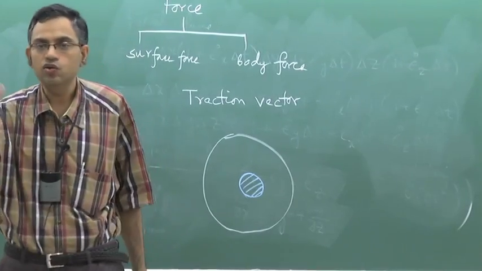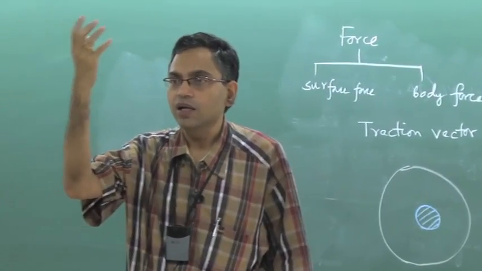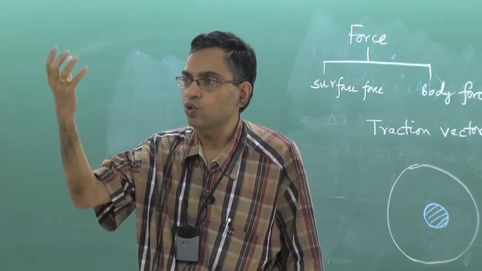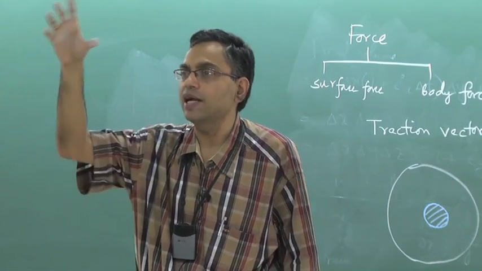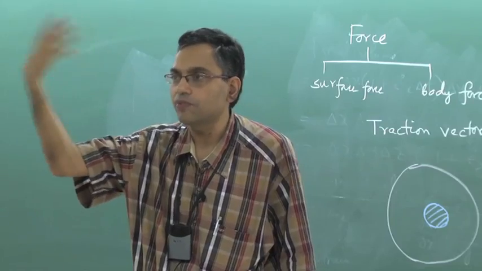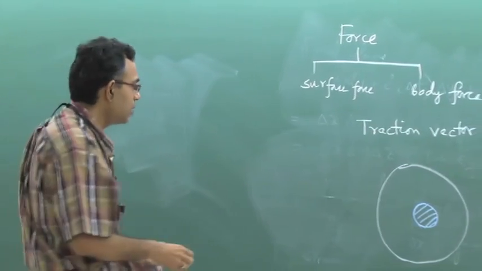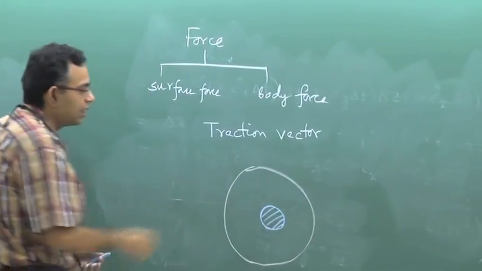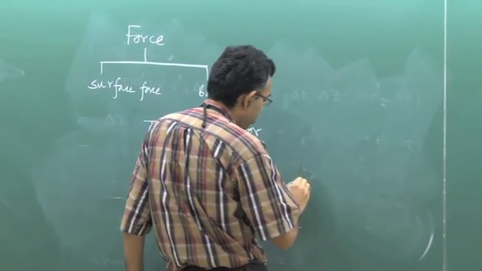This is just like drawing a free body diagram. If you isolate one part of the system, then you have to show all the forces exerted by the other parts on that part. That is the concept of a free body diagram. So, this is just like a free body diagram. Let us say you have isolated this part and you are interested to draw the free body diagram of that. So, if you do that,